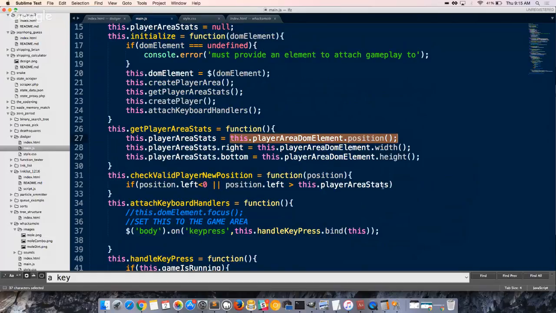Now, it's not just simply greater than player area.stats, because my player is my position.left. If it's doing that, it would only prevent it from going past the end, but my box would still be already overlapping it by the width of the player itself. Do you understand what I'm talking about? Here's my edge, and right now I'm just checking to see, as it goes this way, if my box goes to here, because this one's left edge is hitting that edge here. But actually I need to stop it by the width of the player. So